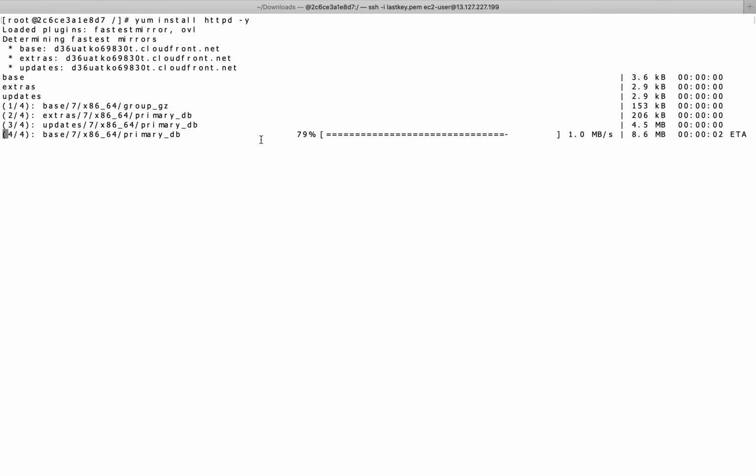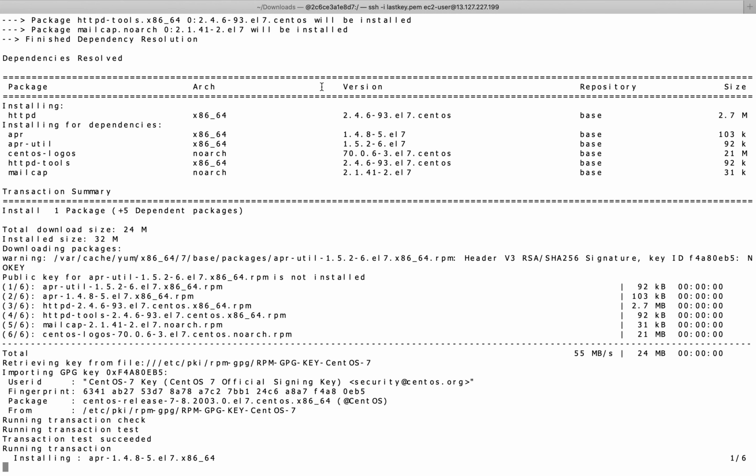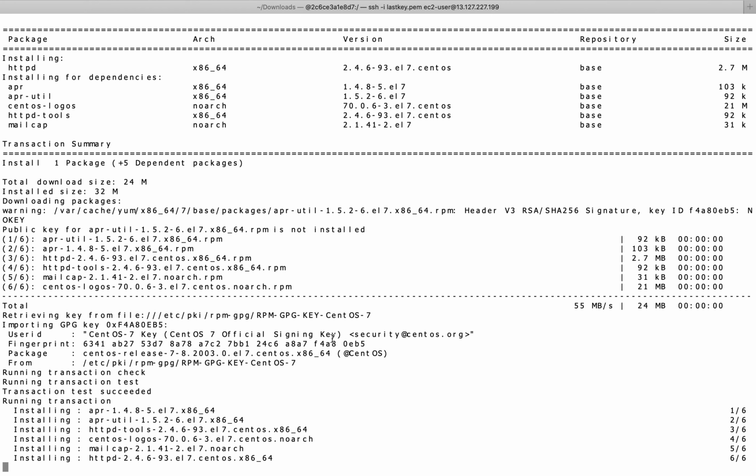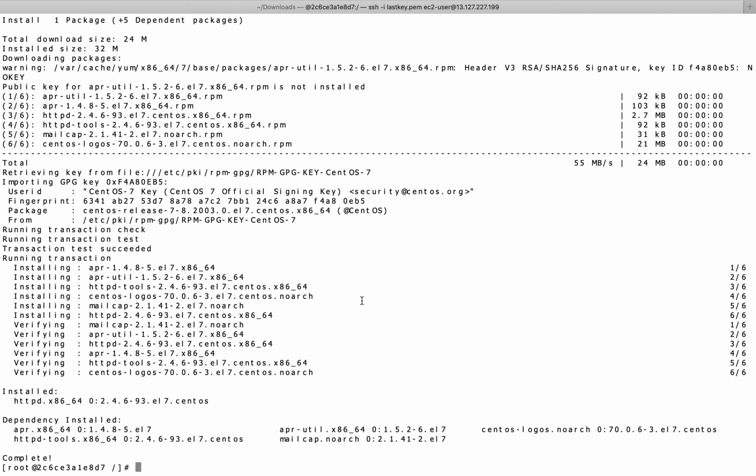So we will run yum install httpd -y. Now the httpd server is getting installed on top of this CentOS. Okay, so we have installed it.